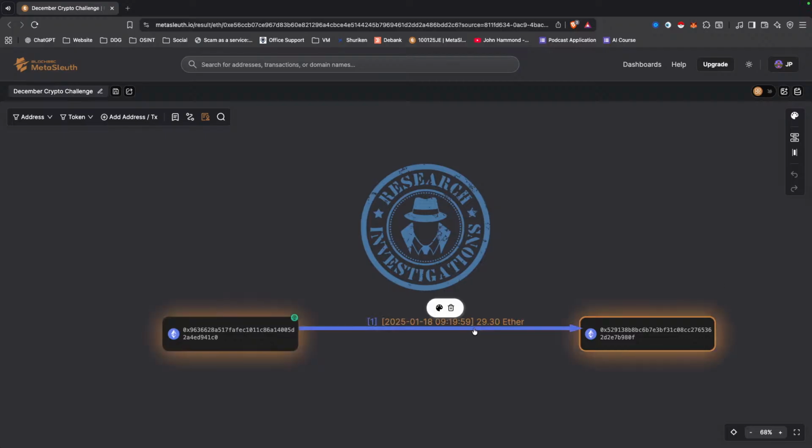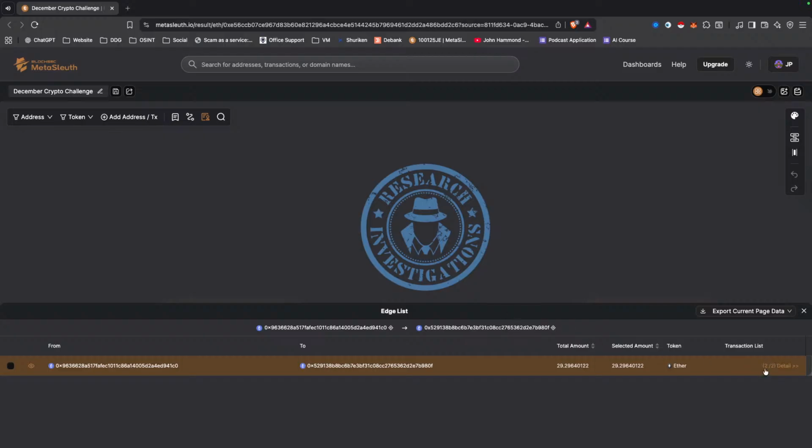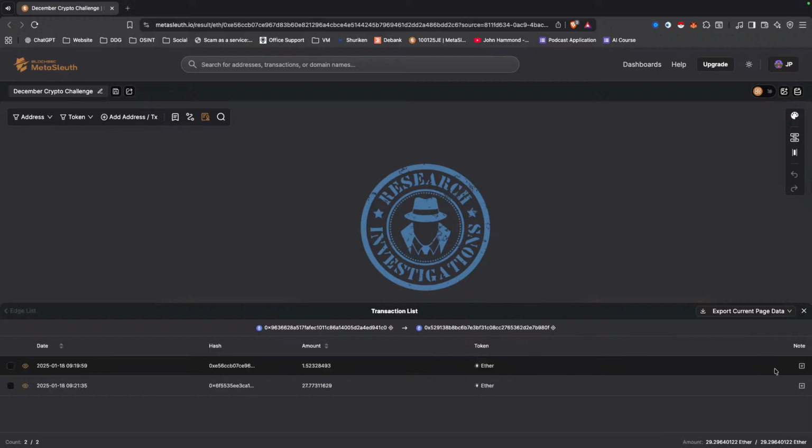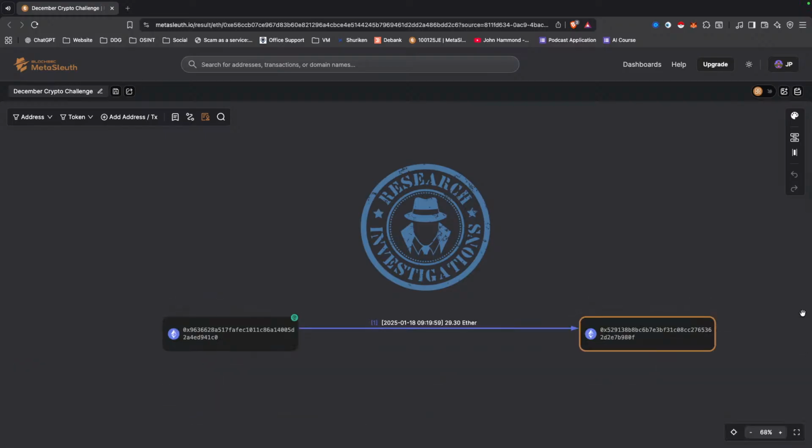This is a tool called MetaSleuth, a tool that I use to visualize traces for victims or clients, depending on who it is. By the way, you did not need to use MetaSleuth for this particular challenge. I'm just using it because it's nice and visual and people can see the chart as we build it. So it will make more sense when we're looking at it.